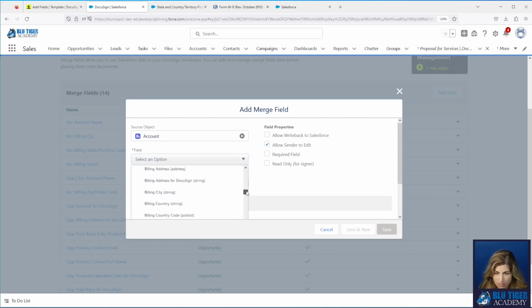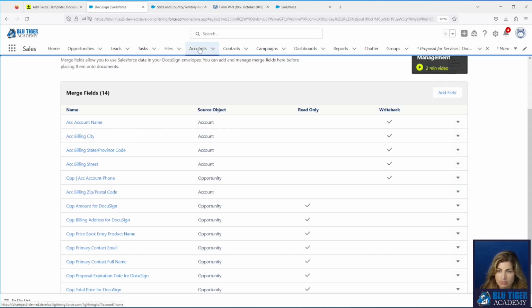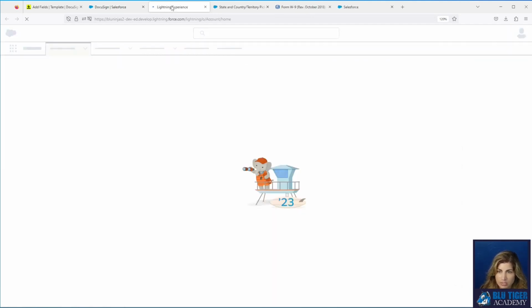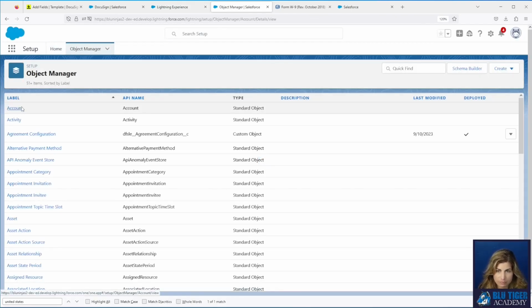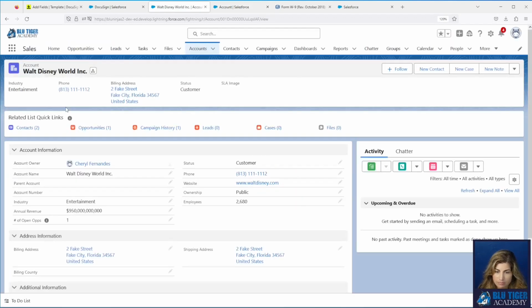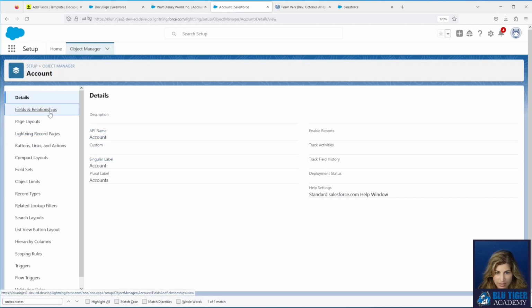And it doesn't look like I have a tax ID field, so let's go ahead and create that. Let me just look on the page layout and just confirm. Okay, yeah, I do not have a tax ID field, so let's go ahead and create that.